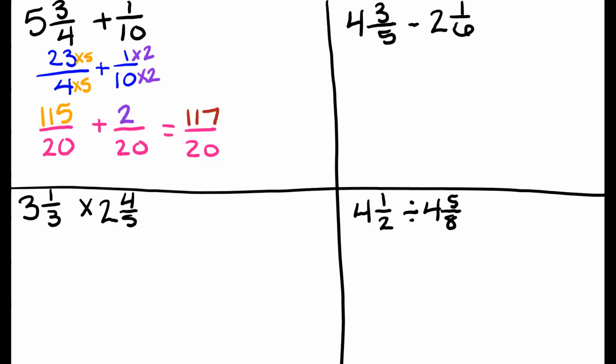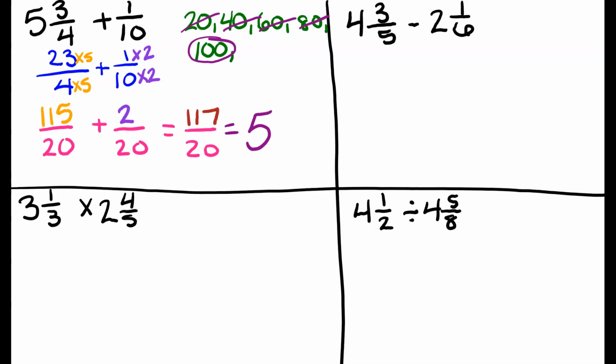I need to see how many times 20 can go into 117. So I list my multiples of 20. 20, 40, 60, 80, 100, 120. 120 is bigger than 117. So I know, alright, we can go into here this many times. 1, 2, 3, 4, 5. So 5, what I pull out,